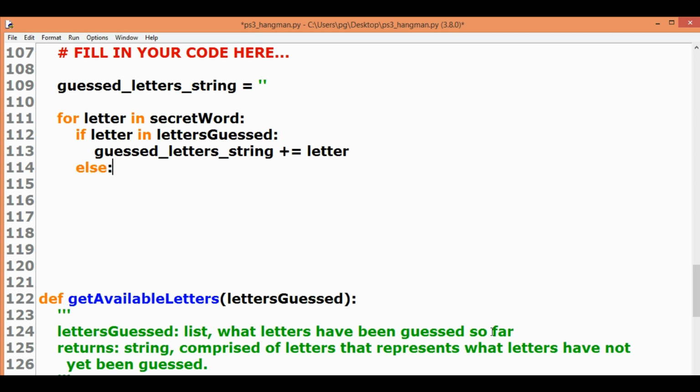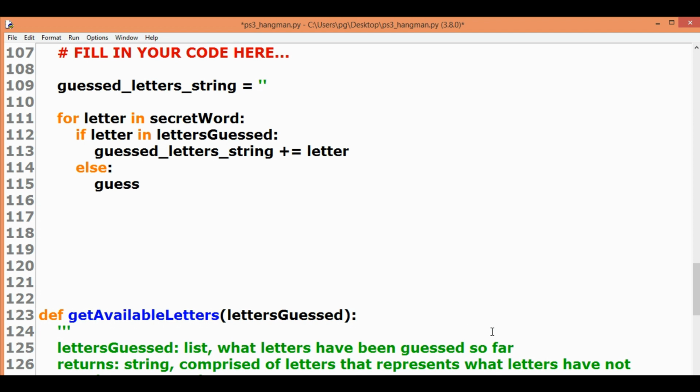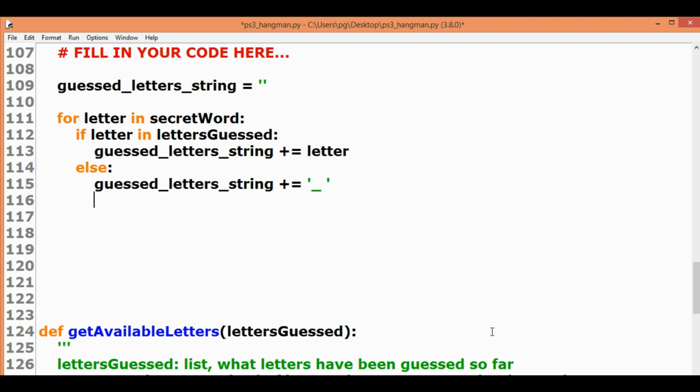else: guessedLettersString += "_ ". And if our condition is not true, then for the else we would concatenate an underscore, as it means that a letter has not been guessed. Also, when inserting underscores into the string, we are adding a space after each underscore, so it's clear to the user how many unguessed letters are left in the string. This is a good idea for usability as suggested in the question.